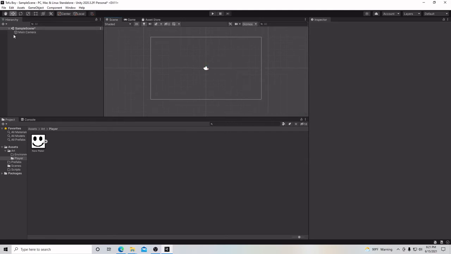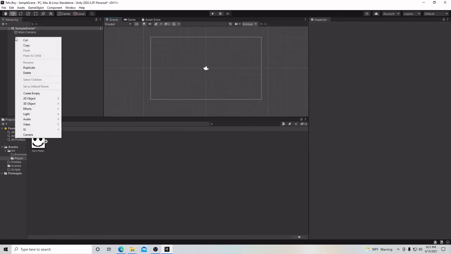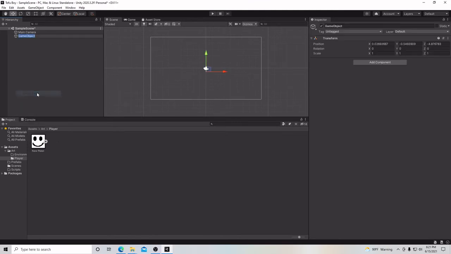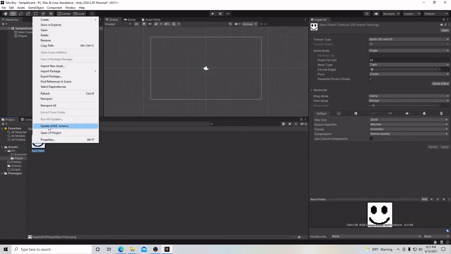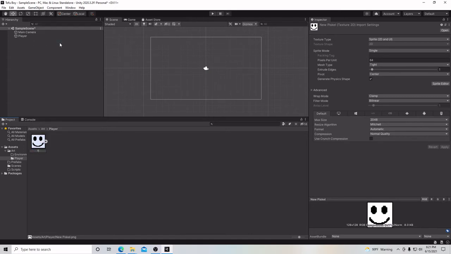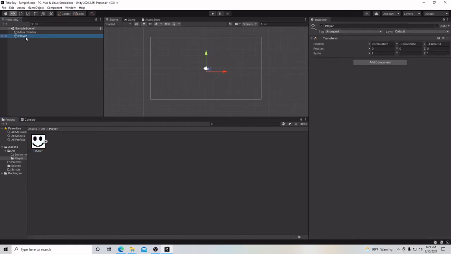And I'm going to right click and create what's called an empty game object. And I'm going to call this player. And actually while I'm at it, I'm going to change the name of our sprite from Pascal to Tofu Boy. So in this empty game object, which right now has no components attached to it,